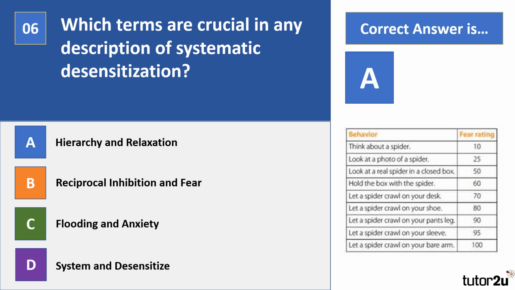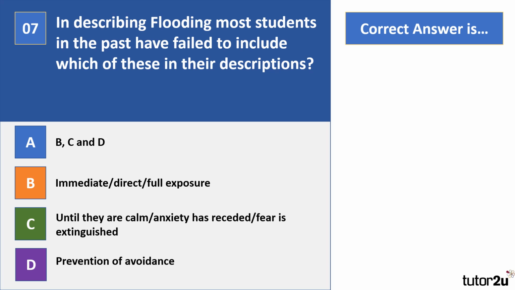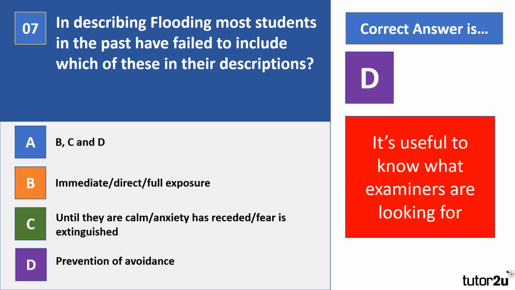Question 7. In describing flooding, most students in the past have failed to include which of these in their descriptions? So take a moment to read through, pause it and decide if it's A, B, C or D. Right, the correct answer here